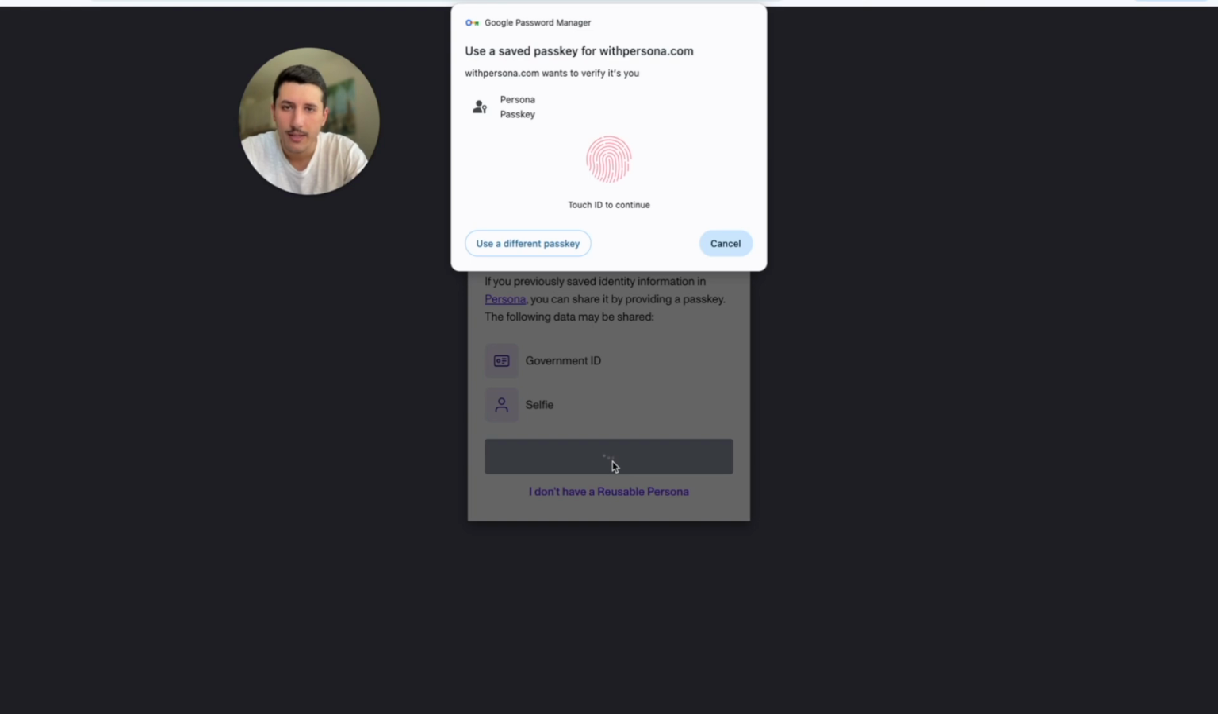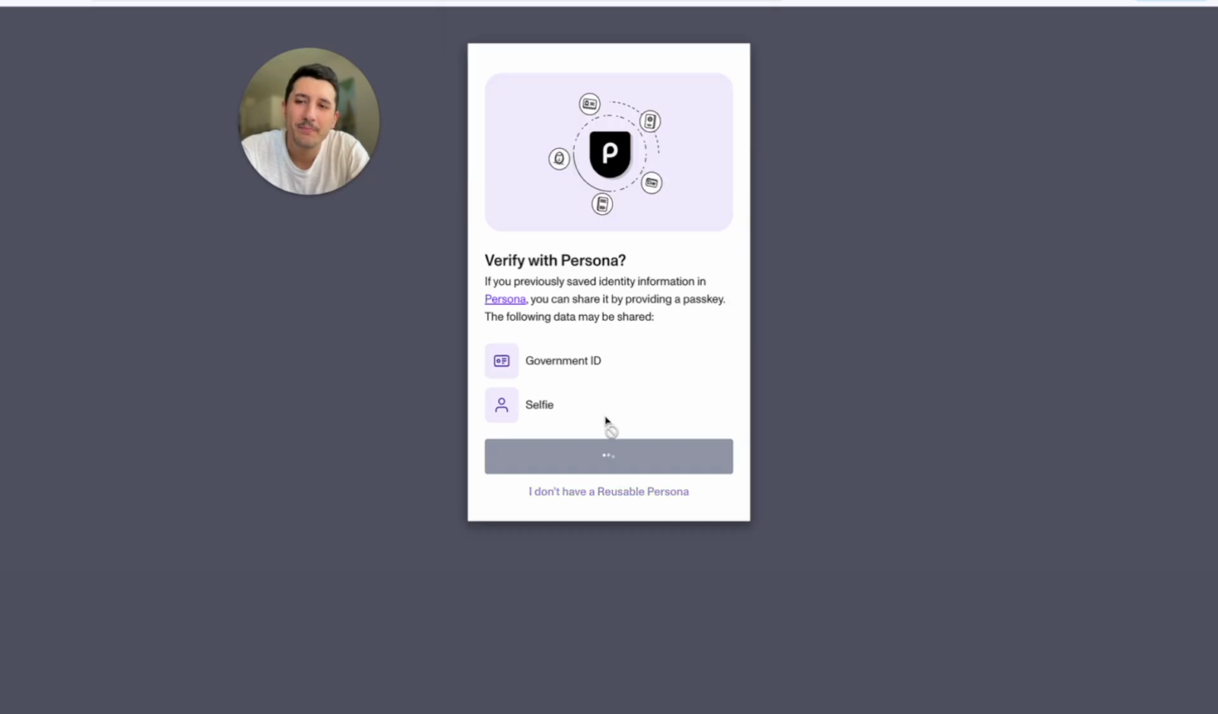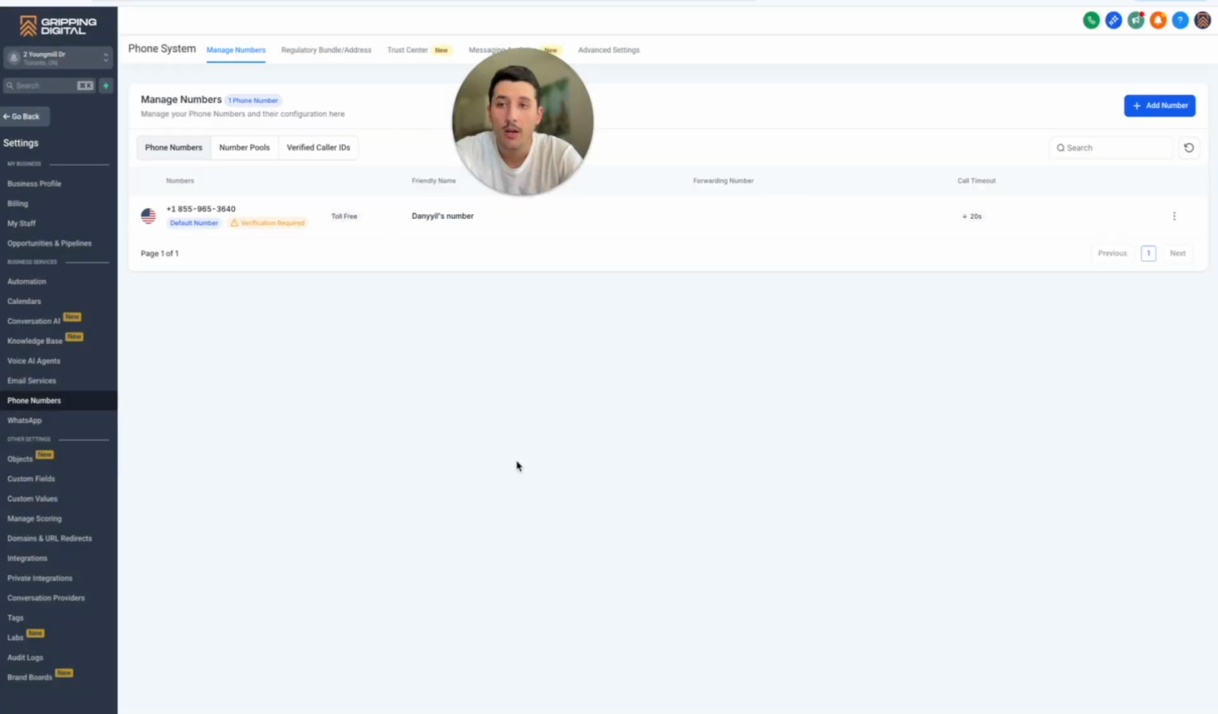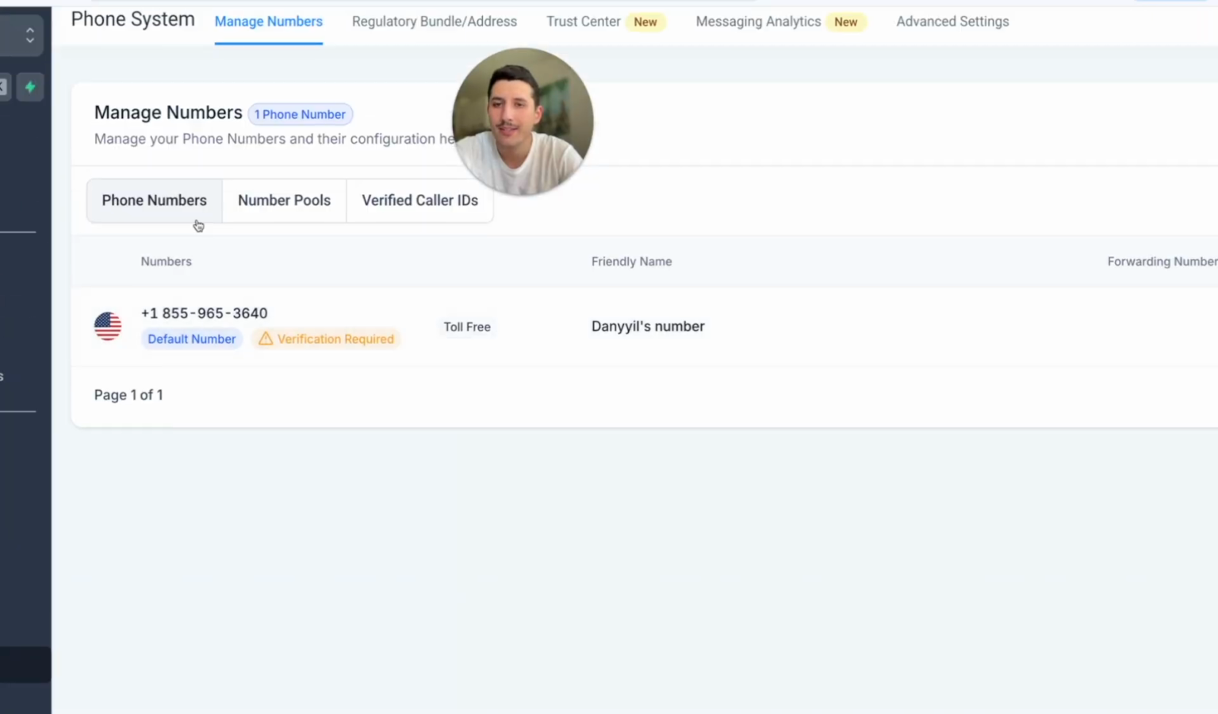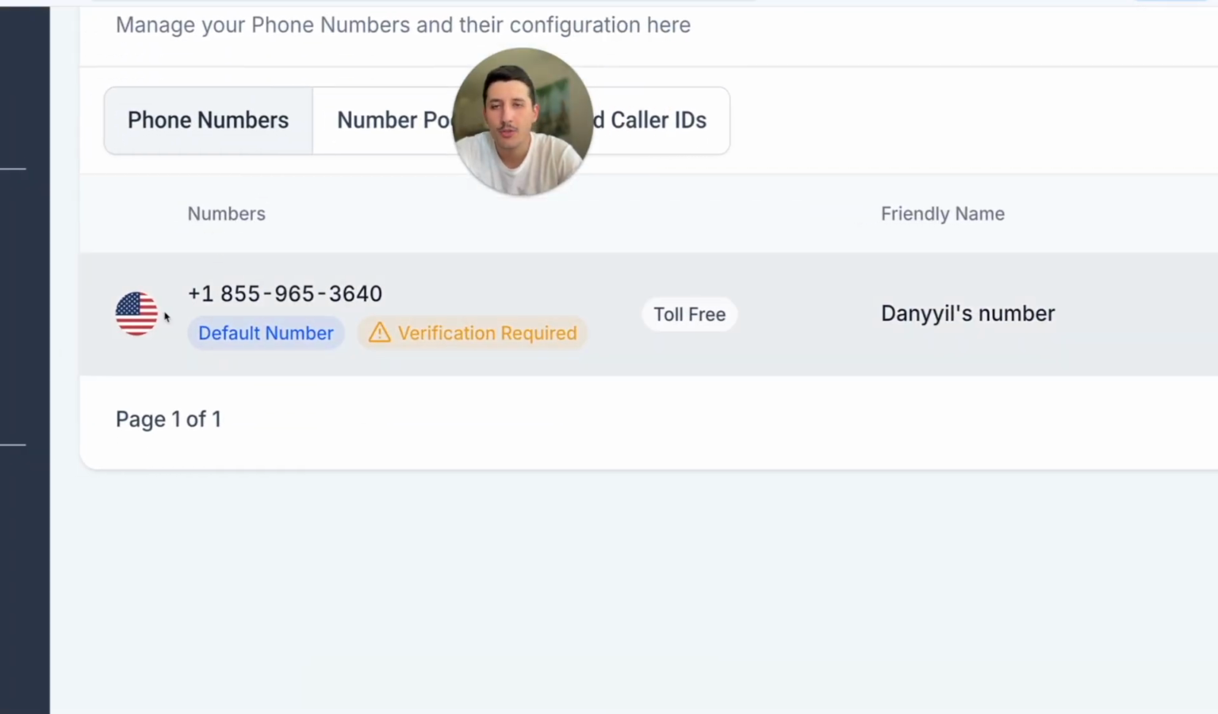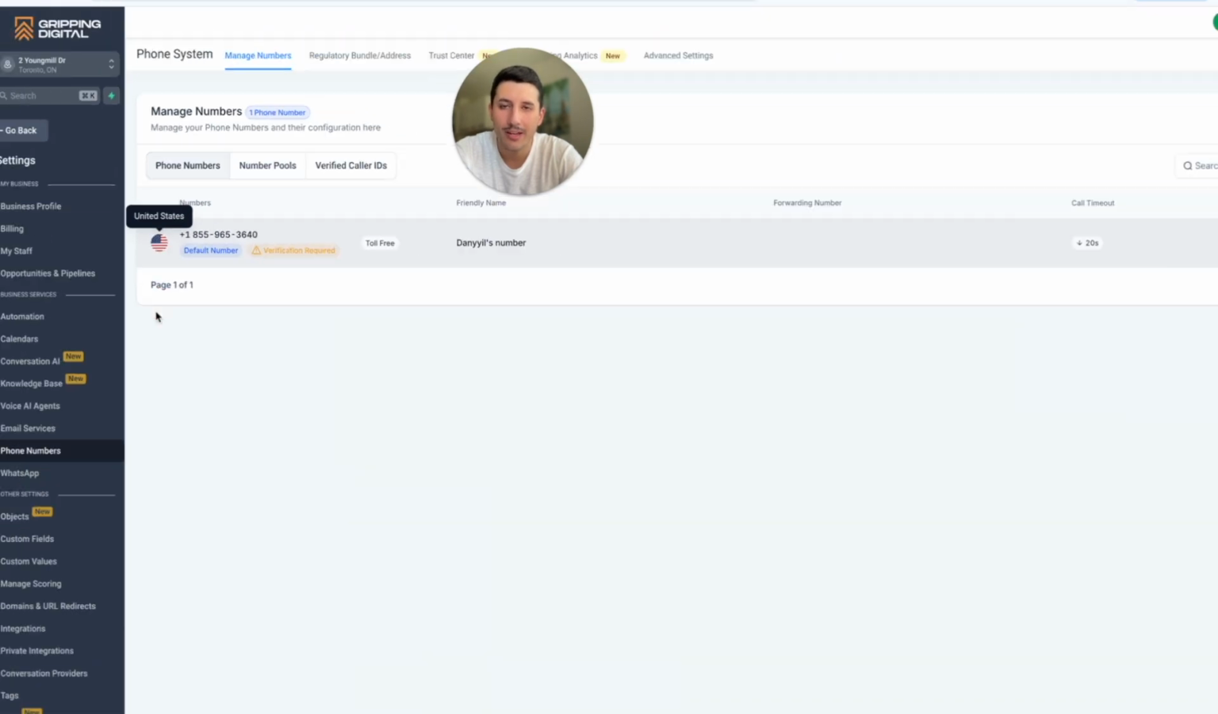Yep. And oh, look, I don't even need the PIN, just my fingerprint. Done. By the way, you notice that I selected Canada, but it shows that it's a US, United States toll-free